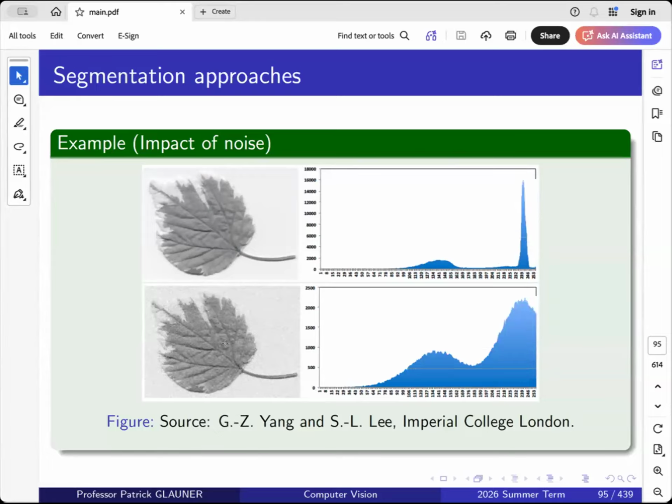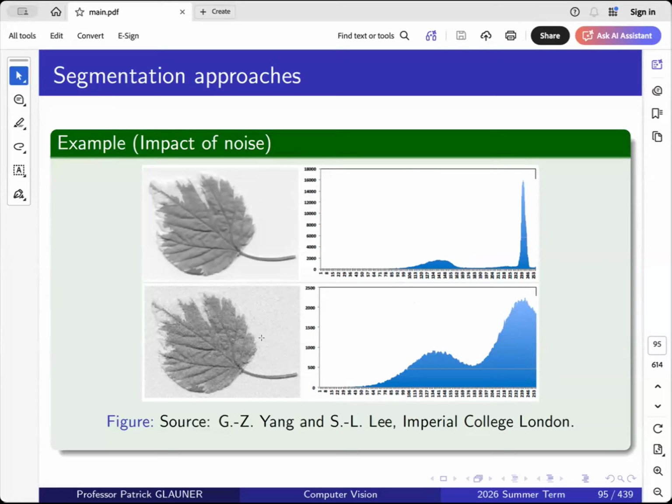And we had this peak here, but if I put in salt and pepper noise, we wash this out a lot. So we see we have a different scale on the y-axis now, and it's all just spread out throughout this interval. And using this approach now is more difficult because if I take, like before, values in this range, this helped me to visualize the leaf, but now I would also visualize some of the noise outside the leaf. So I would probably not be able to apply a proper histogram segmentation to this image here,